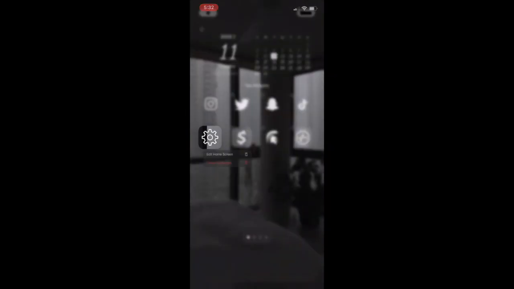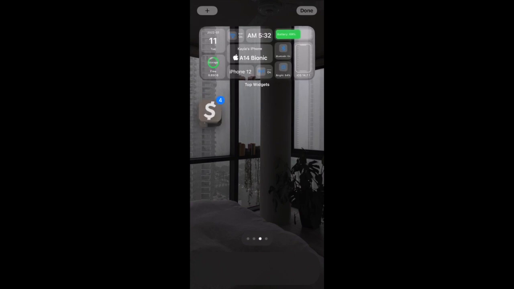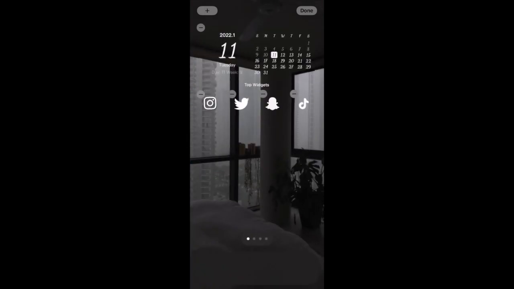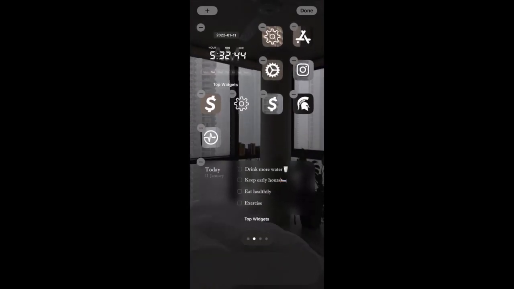I have a good amount of content for my home screen. I have a good amount of app icons created and widgets. So I start moving it around to the positioning I need it to be. Also, pay attention to when you're doing the empty icons, you need to pay attention to where the apps are